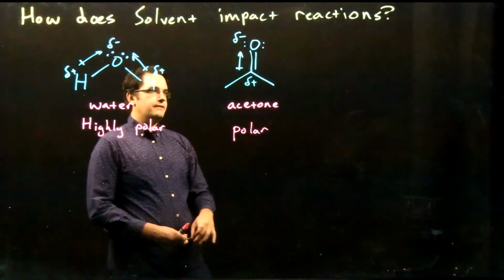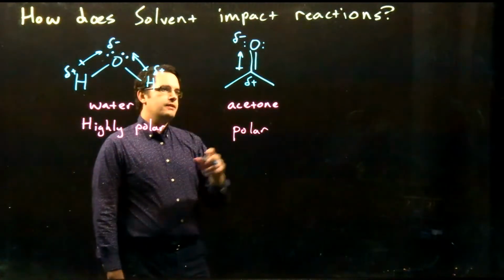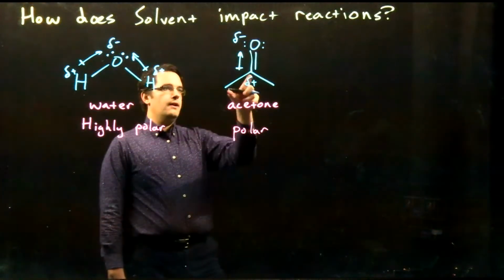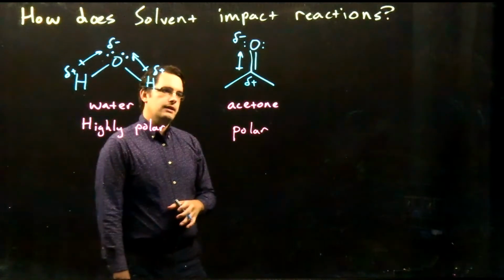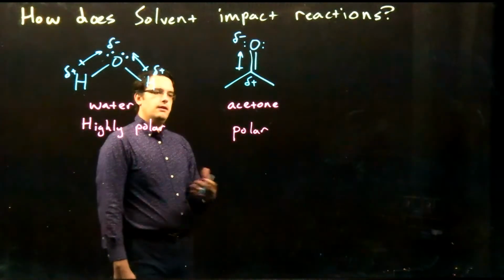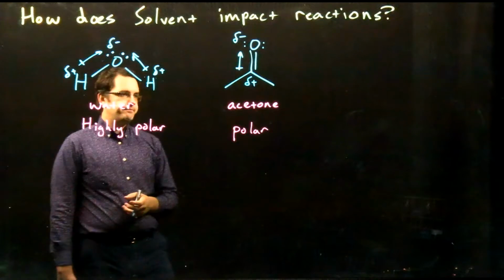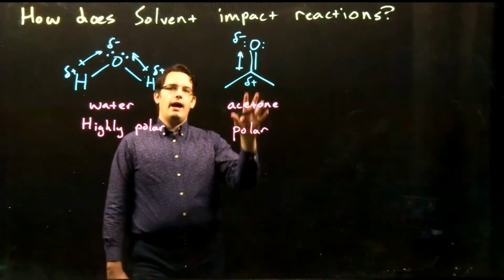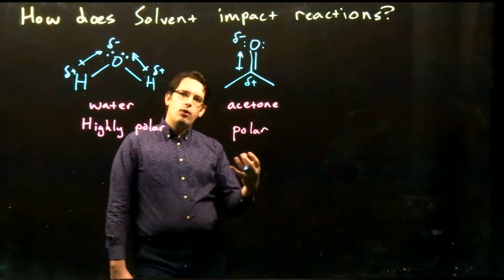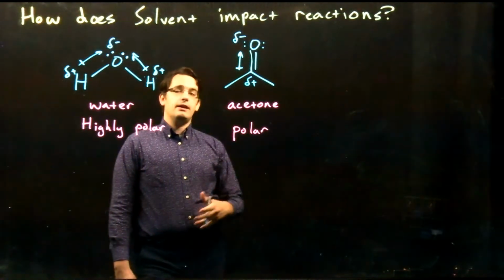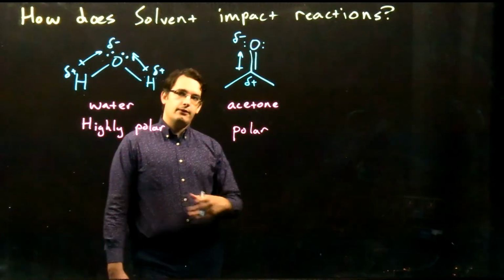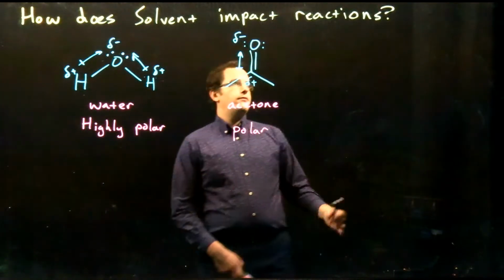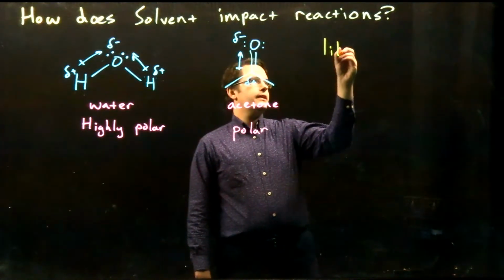It also, of course, has these carbons down here at the end, and of course these carbons have the exact same electronegativity as our central carbon, so we have no dipoles down here to make our acetone slightly less polar as well. So our water then is very good at dissolving very polar things. Our acetone is not quite as good at dissolving highly polar things, but it can dissolve more nonpolar things, or things with lower polarity. So this, of course, follows our general rule of like dissolves like